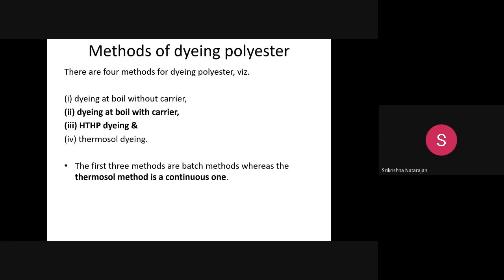If you want to dye only that particular batch, then that is batch dyeing. Whereas continuous dyeing is something different, where there will be a sequence of machines in which all the dyeing process and the other processes will be in conjunction. So this thermosol is also a part of this polyester dyeing method. That is a separate one, which we are not going to discuss from your practical point of view. You just know it for your understanding.